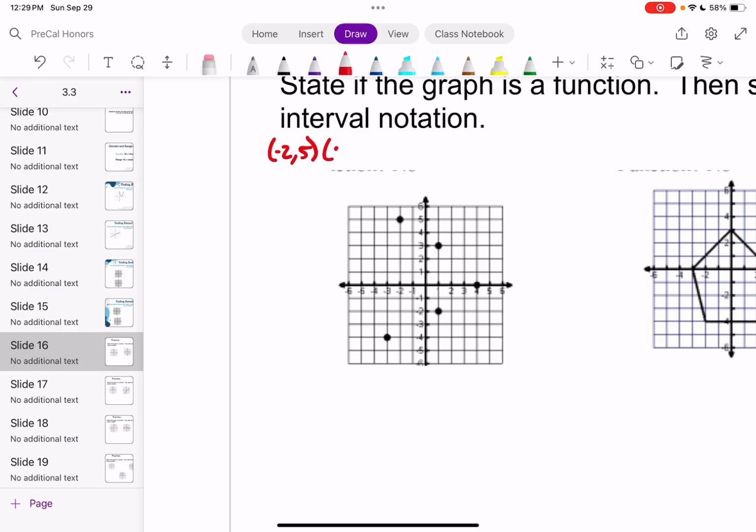We have 1, 3. We have 4, 0. We have 1, negative 2. And we have negative 3, negative 4. Now, as we start looking at the domain,